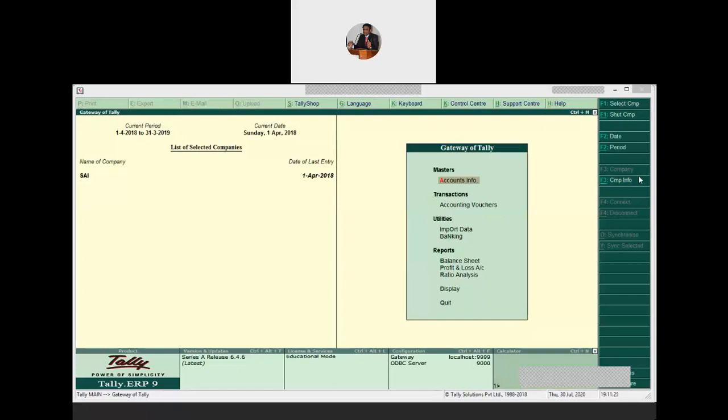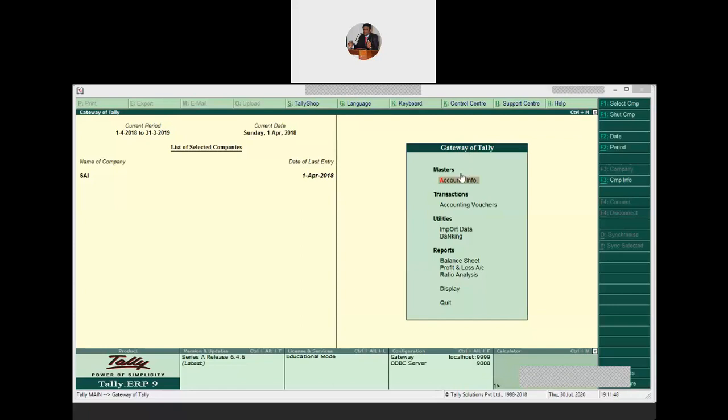Then coming to the vertical button bar. This vertical button bar displays the buttons. Here F1 and F1 is underlined with underline, single underline. This is called as Alt F1, F2, Alt F2. So there are different buttons. This button bar differs from screen to screen. Means while operating Tally.